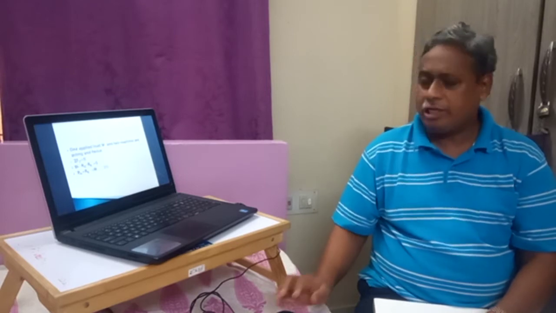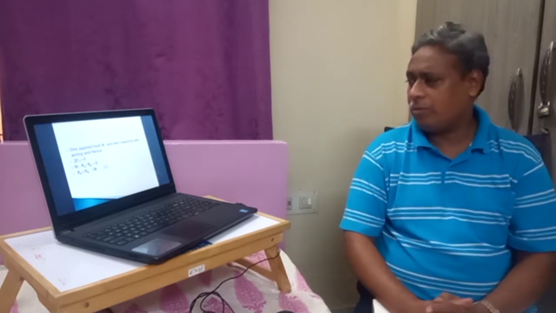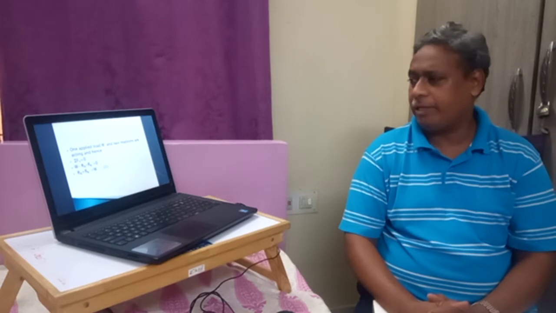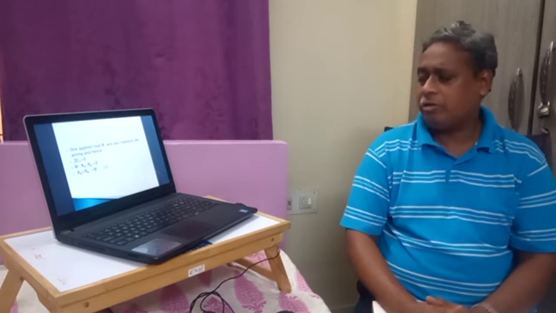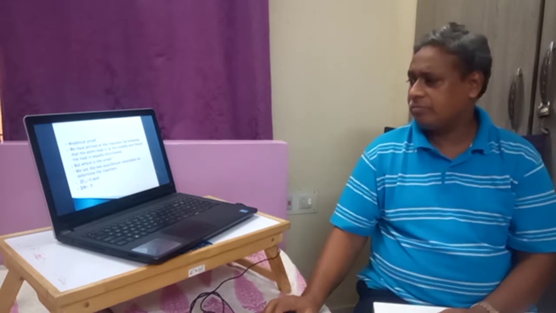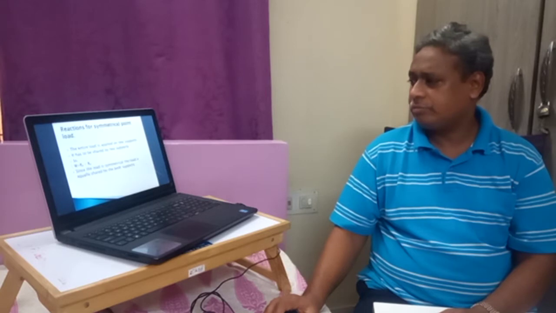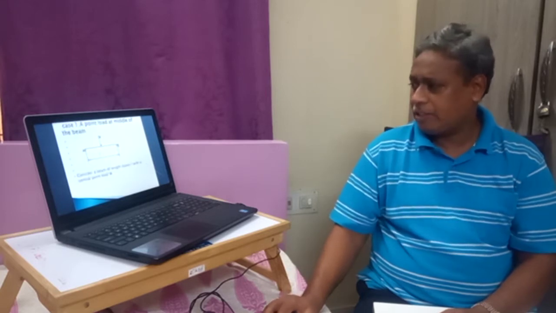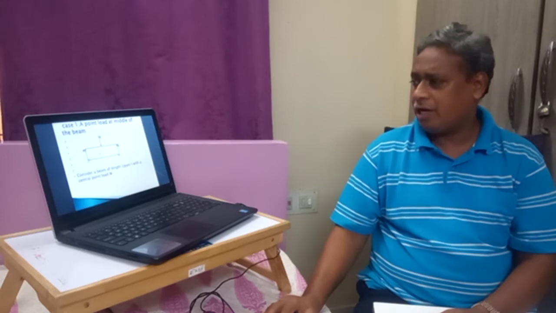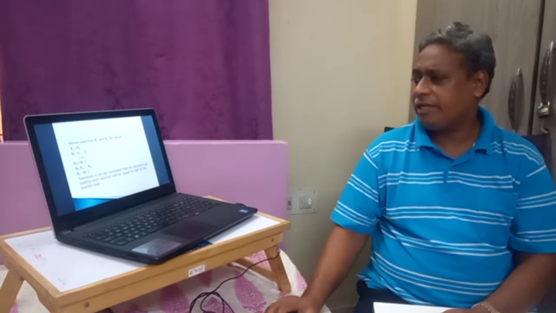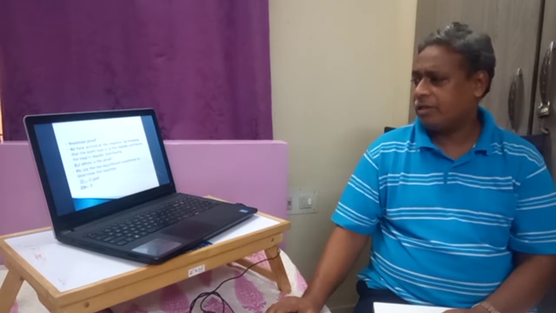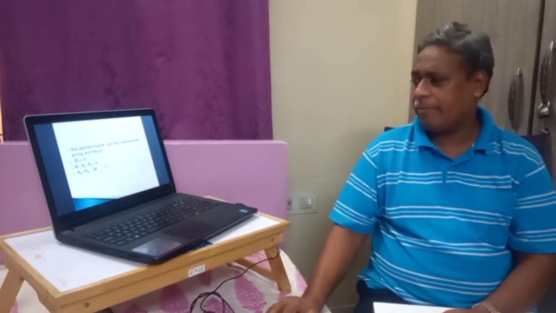Therefore, on the beam we have only one applied load W and two reactions acting on the beam, that is RA and RB. So from the first equilibrium condition, that is sigma Fv is equal to 0, we see that plus W is coming from the top, and RA and RB are going upwards, so they are considered negative. That is why we can write W minus RA minus RB is equal to 0.